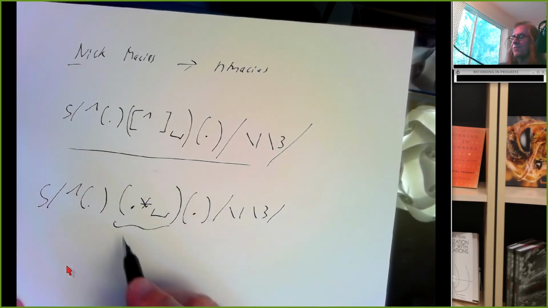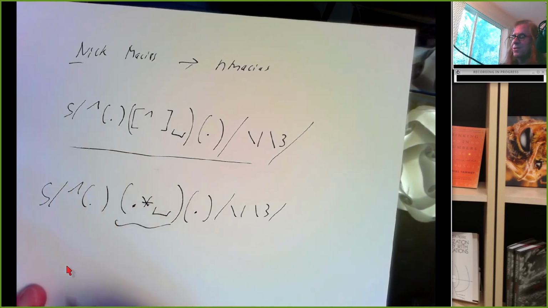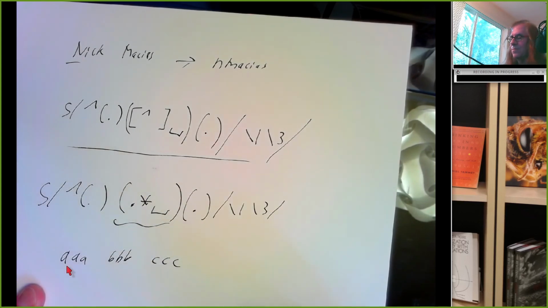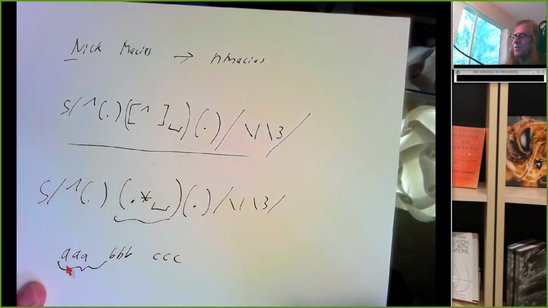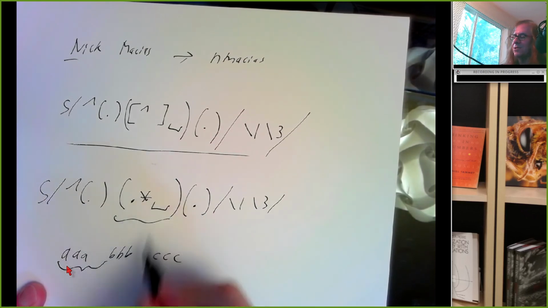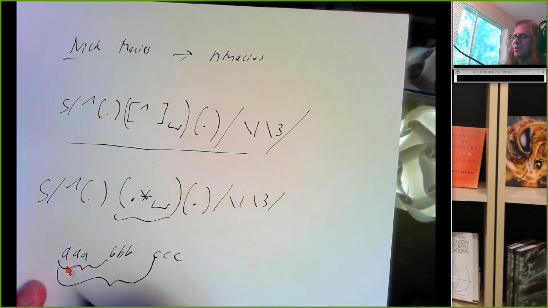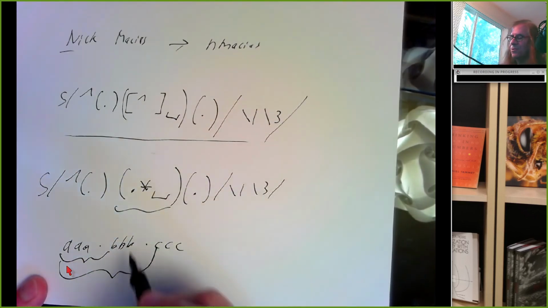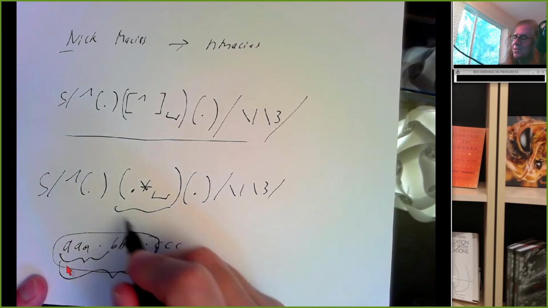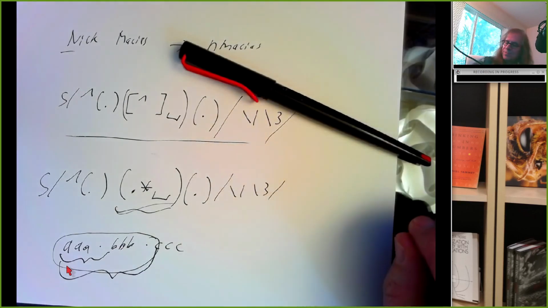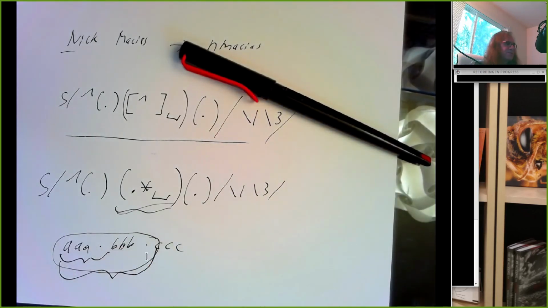So this is where the greediness comes in, right? If I say look for any collection of characters followed by a space, and I have an input like this, well, here's a collection of characters followed by a space, so this should certainly match dot star space. But this is also a collection of characters followed by a space. Character, character, character, and a space. So the greediness is it's going to use all of this to match this pattern. It will try to match as much of your input line as possible. And so if I use that as a pattern,